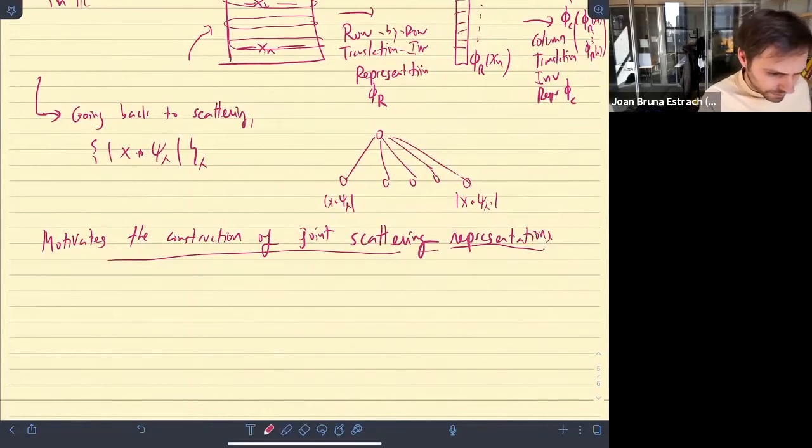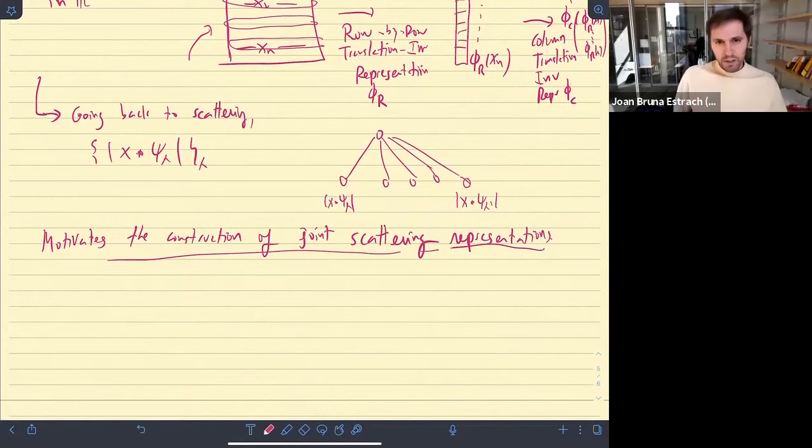For this, we just need to realize that the main mathematical ingredient in the scattering is the construction of a wavelet decomposition. We have a wavelet decomposition operator that we define in R or in R2, in this example. So for this, what we need is to